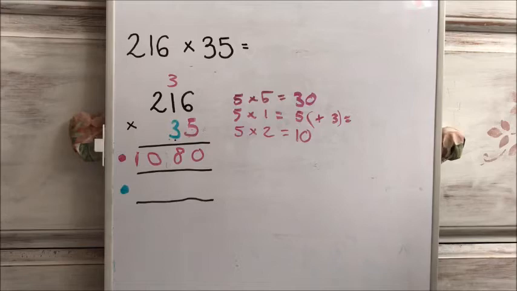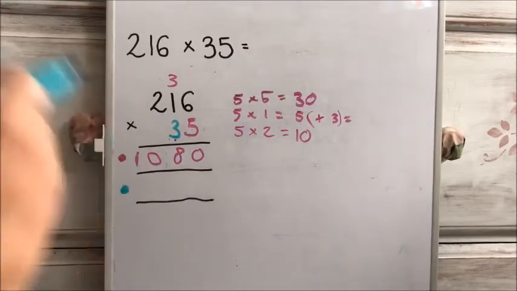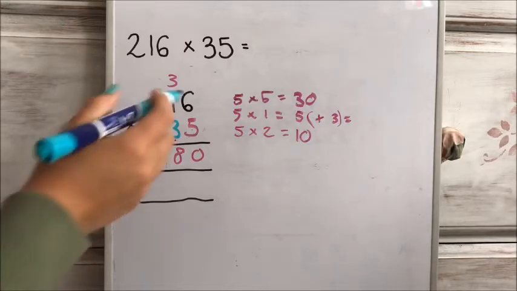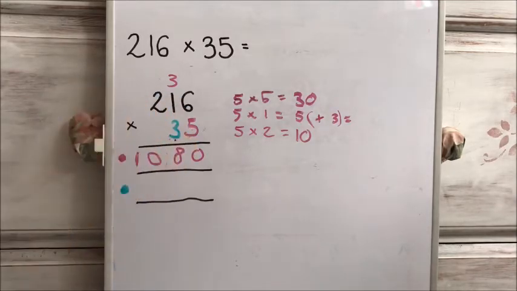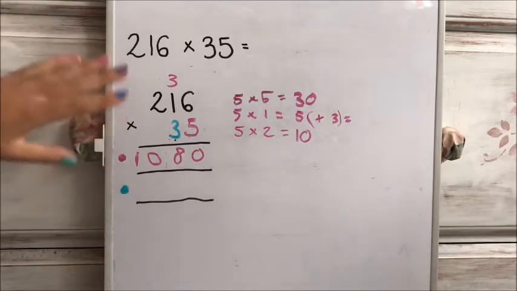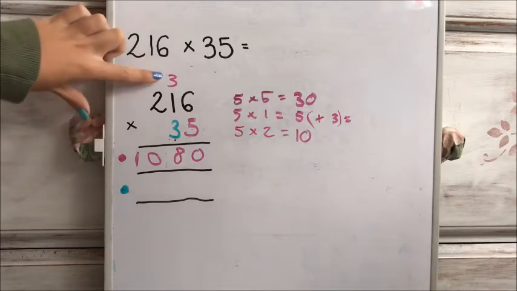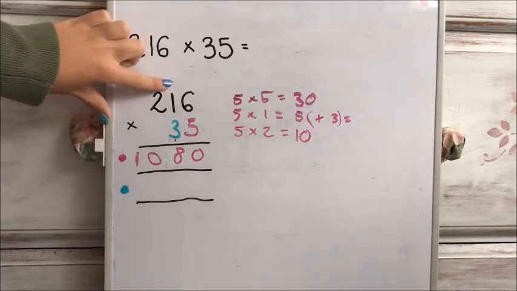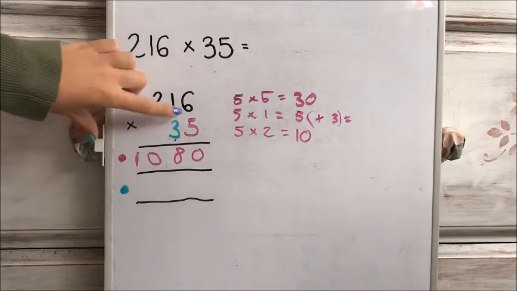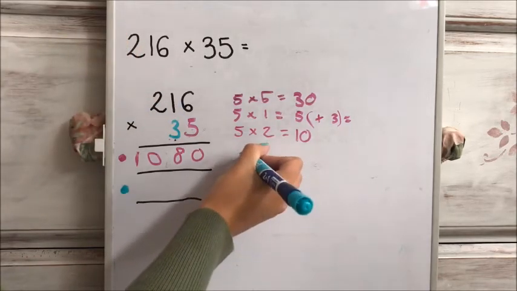And then what we need to do is we can change to our next colour if you're using different colours. If you're not, don't worry, that's fine. So now we've dealt with the 5, we need to deal with the 3. So I personally find it easier to rub out all of our extra bits that we've done for the first row so we don't get confused. So I'm just going to get rid of this 3 up here. So we start completely afresh. Okay, so much like we did with the 5, we're going to times the 3 with each of the digits. So we need to times 3 times 6. So again, writing it out next to it,